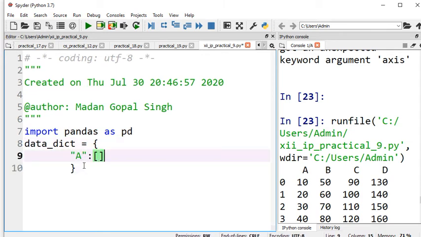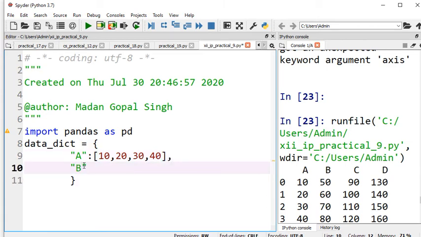Let's suppose column a has values 10, 20, 30, 40. And then column b, let's suppose has the values 50, 60, 70, 80.